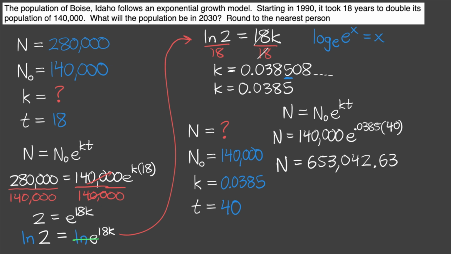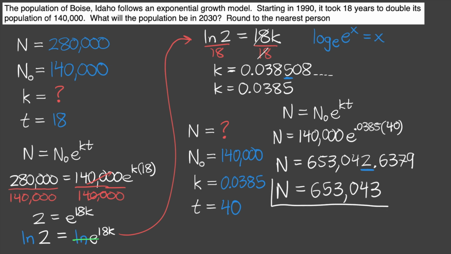and a longer decimal here. All right, now we want to round this. Notice they say round to the nearest person. So we're going to round to the 2 here. So that means we're going to look at the number to the right of 2, which is 6. 6 is 5 or larger. So because that number is pretty large, that means we're going to round the 2 up to a 3. So when I said pretty large, I meant to say 5 or greater. So since the 6 here is 5 or greater, that'll round the 2 up to a 3. So our final estimate of the population in Boise, Idaho in the year 2030 will be